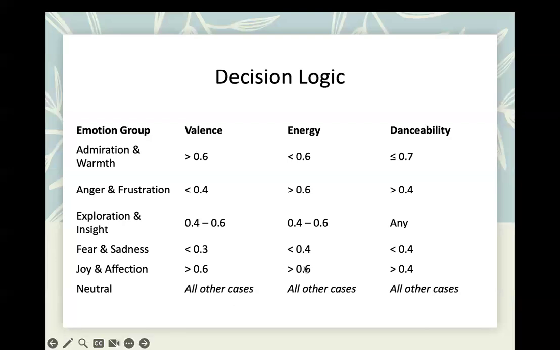So valence is about how happy the song is, and energy is about how much intensity you have, and then whether it is a danceable song or not. For example, if you go with exploration, you have a valence of 0.5, which is midway happy, and energy of 0.5, which is midway. So you are curious about the song, or you are intrigued by the song, because you don't have any danceability in it.